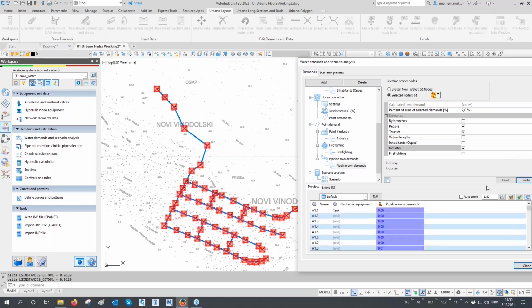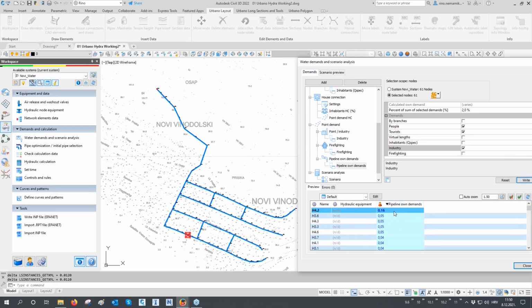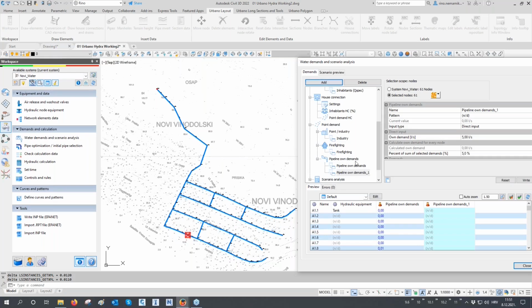And let's click right. And now you can see for each node, it is increased by this amount of flow. The same method can also be used if you want to increase the total flows to account for losses. For example, let's add another configuration. Let's call this water losses. Okay. And again, I will go to calculate own demands for every node. And here I will say 20%